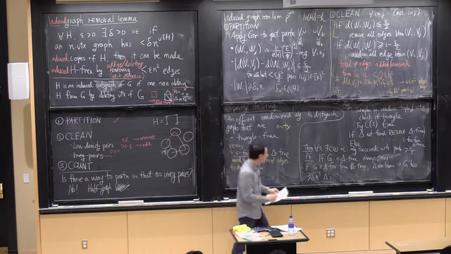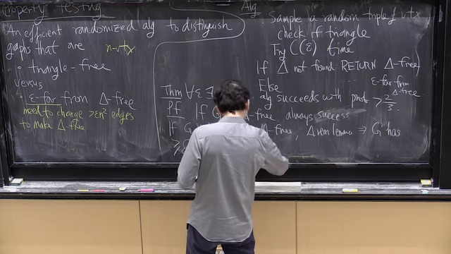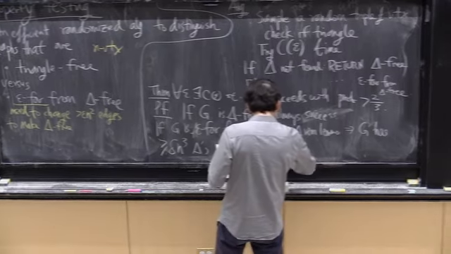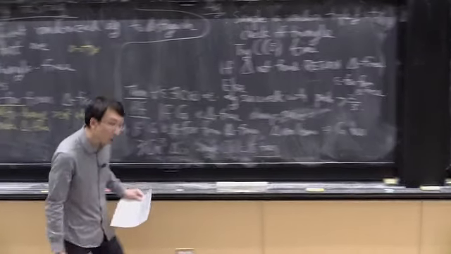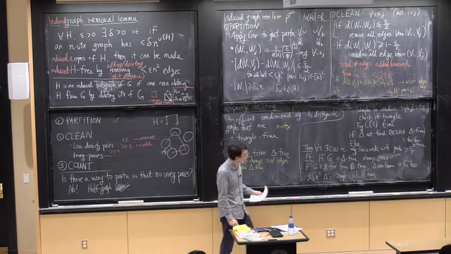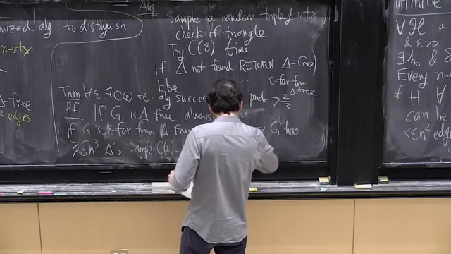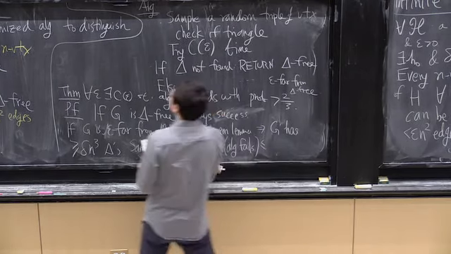So if we sample C being, let's say, 1 over delta times, so delta here is a function of epsilon from the triangle removal lemma, we find that the probability that the algorithm fails is at most